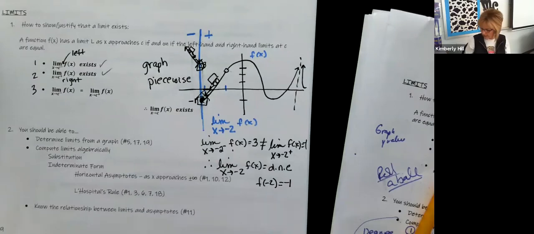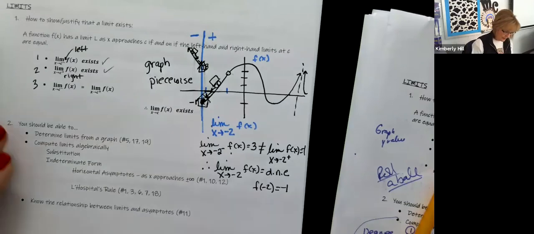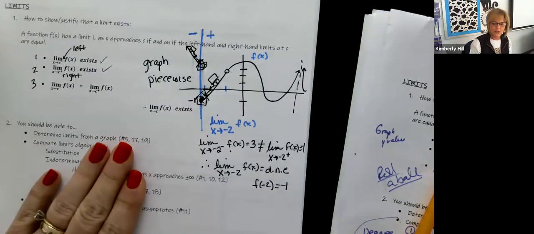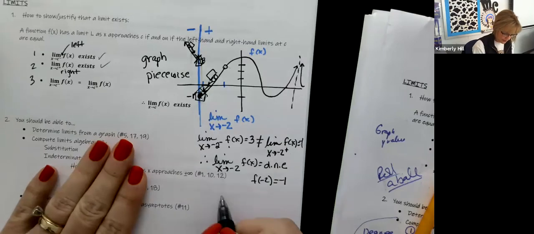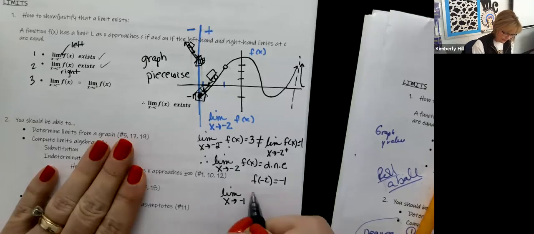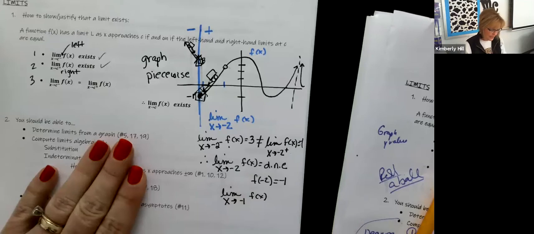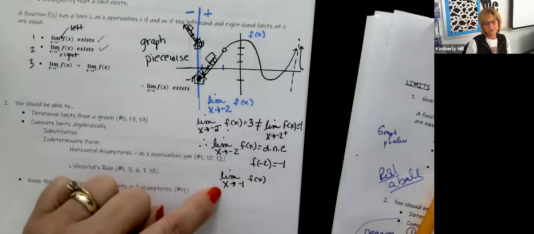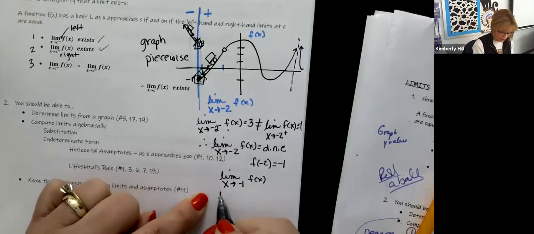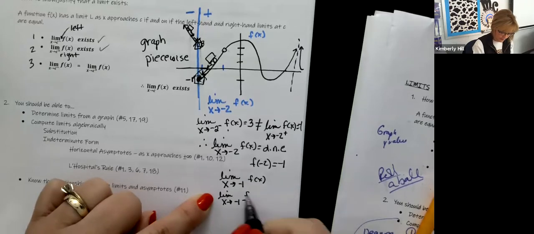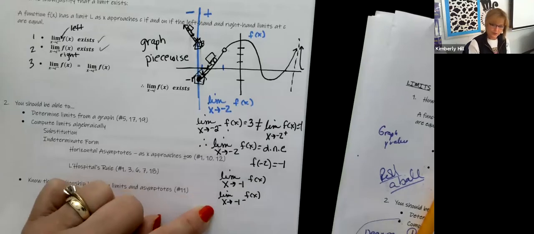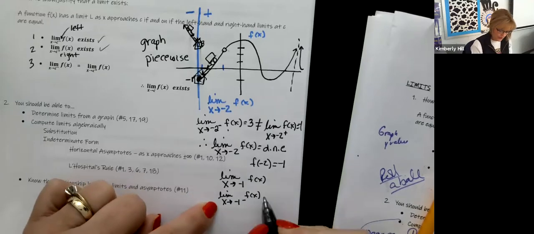Okay, so just real quick, I'm writing down my page like this so you guys can add to yours. Let's say we wanted to know, does the limit as x approaches -1 exist? So in my mind, I'm thinking, okay, there's 3 things to show. I have to show the limit as x approaches -1 from the left, I have to show it exists. And not only do I have to show that it exists, I have to show that it is equal to